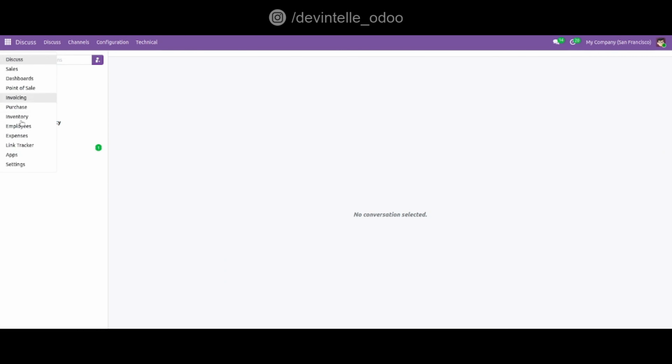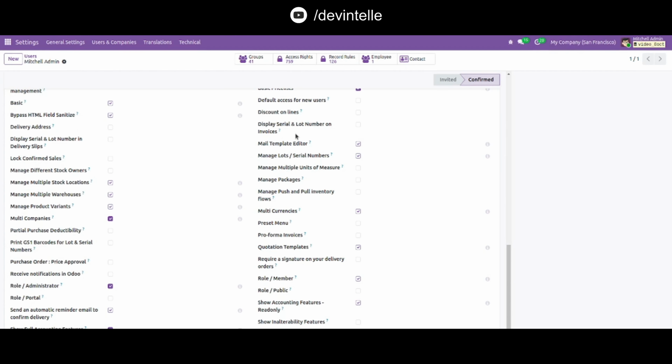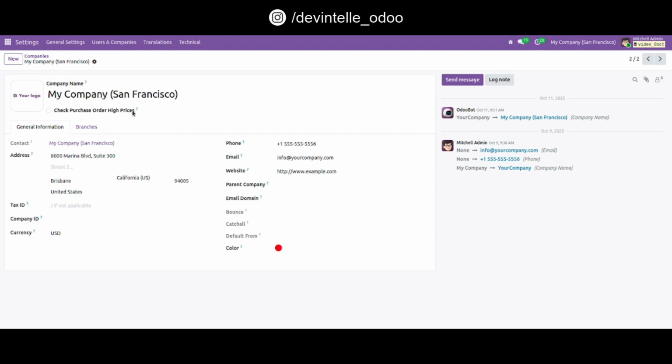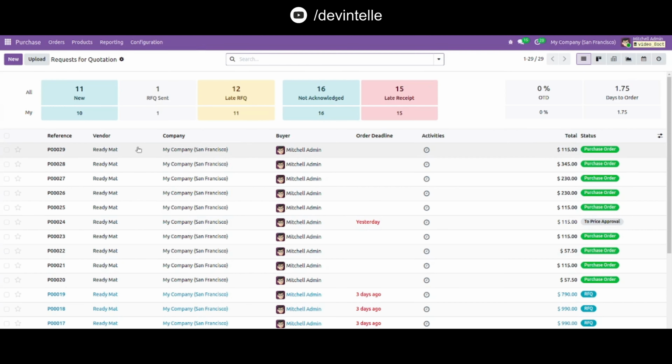First go to Settings, go to Users, and see here these options: purchase order, price approval. First allow this, then save. Now go to Companies and see here this option: check purchase order high prices. Now go to the Purchase app, go to any order